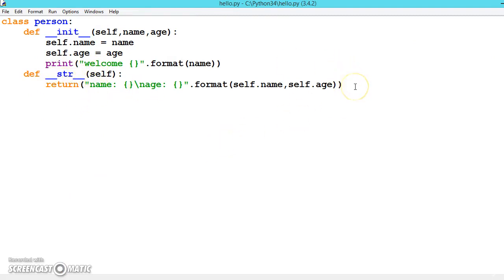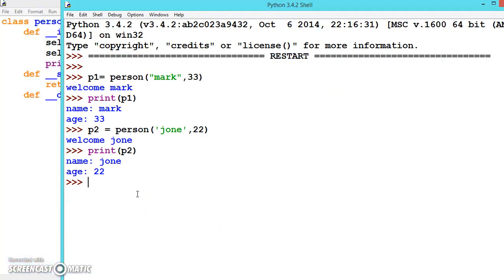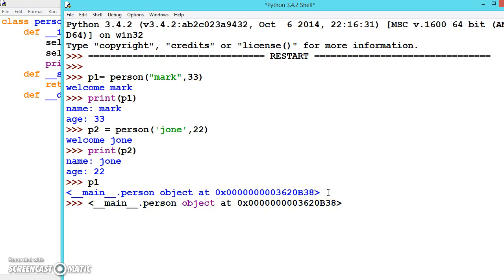And then there is one more special function which is underscore underscore del. So let me first show you this. If you type P1, there is a memory allocated. Once we have used the object and we no longer require those objects, we should always delete them to save the memory.